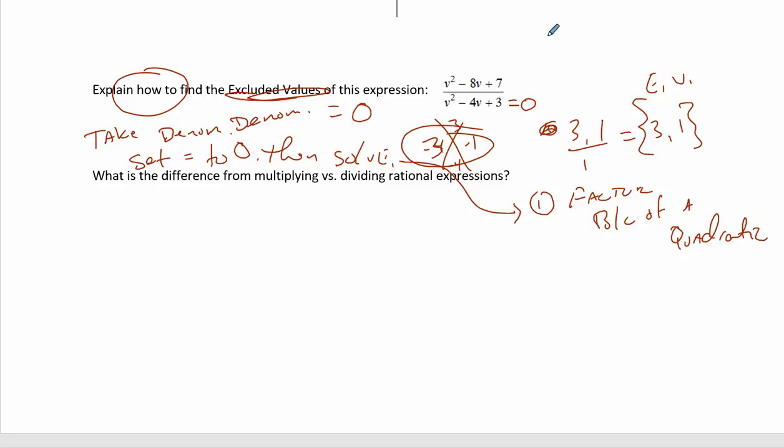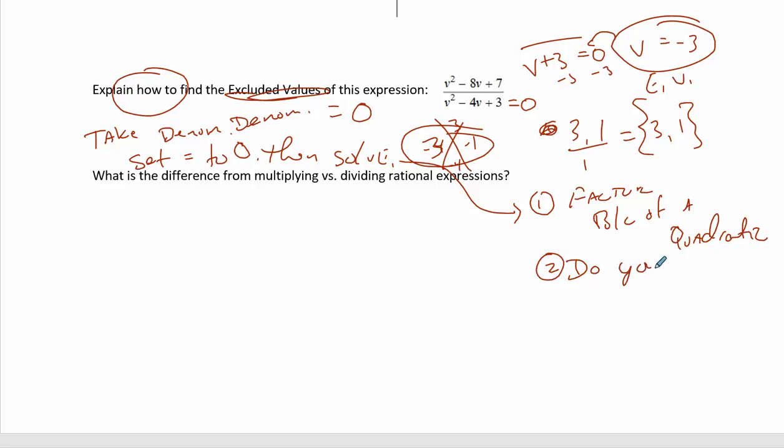If it was linear, meaning if your denominator was v plus 3, then I would just minus the 3, and I would get -3, and that would be our excluded value for this. But with quadratic, we know we have to factor. So factor because of quadratic, 2. So then you do your x, and then take magic numbers. What are magic numbers? Well, these are these here. These are the magic ones that multiply and add and so on. Take magic numbers and flip